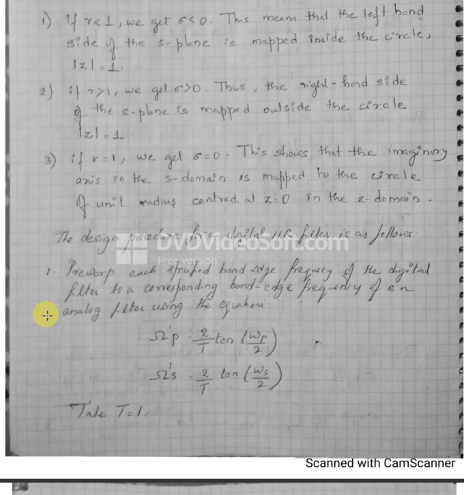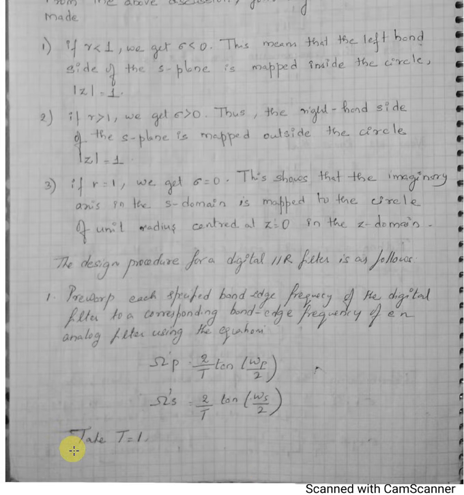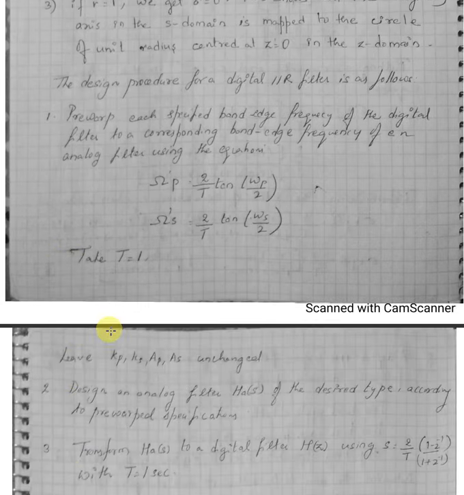So we require this analog frequency. In case they have given you this omega p and omega s, that is nothing but the digital frequencies, the first thing that you will have to do is find the analog frequency. How will you do that? You will do that by 2 by T tan of omega p by 2, and 2 by T tan of omega s by 2. Clear? So this is omega dash p, omega dash s, to differentiate. Usually the value of T is taken as 1 here, for this particular step.